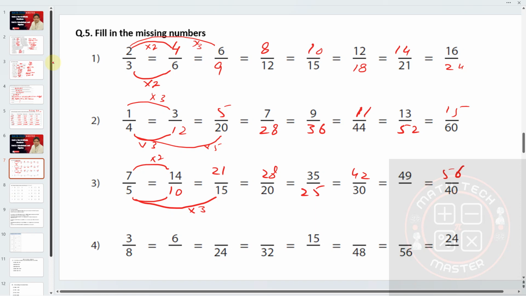So in the table of 5, we can easily complete the table. So 3 2s are 6, 4 8 2s are 16. Okay, we have found the sequence because 8 2s, 8 3s, 8 4s are 32. So 3 2s are 9, 12, 15, 18, 21. Same is the case, we can write down the table of 8. So this was our question number 5. Let's move to question number 6, where we have to